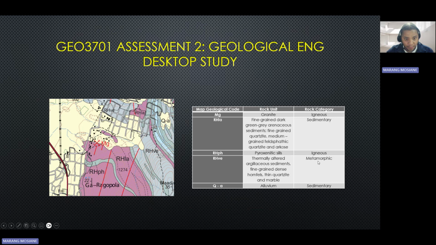which is situated there. That's for our QA, our alluvium, a rock unit which falls under the rock category sedimentary. And then our MG, our granite, falls under igneous rocks, and then our RHLA falls under sedimentary rock, where we have our fine-grained quartzite and our feldspathic